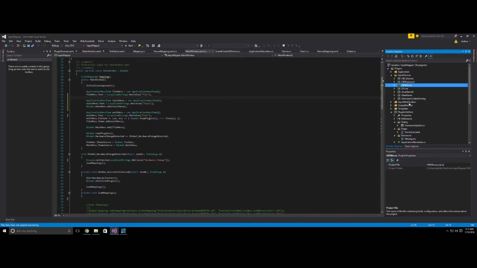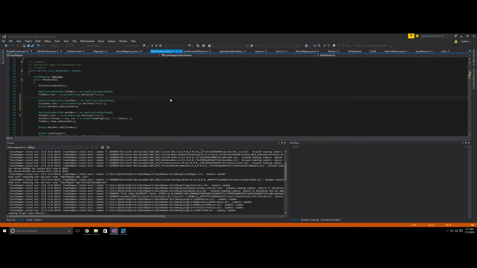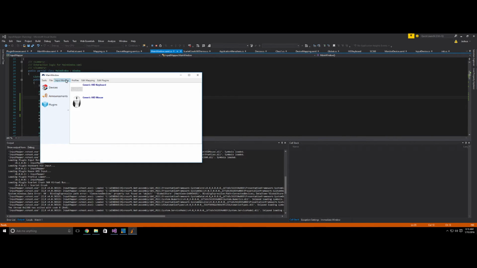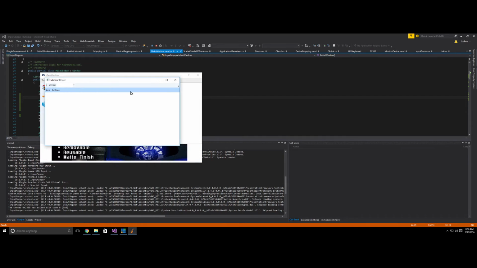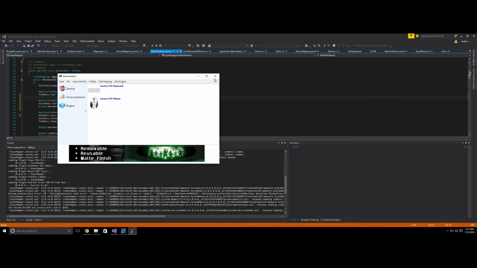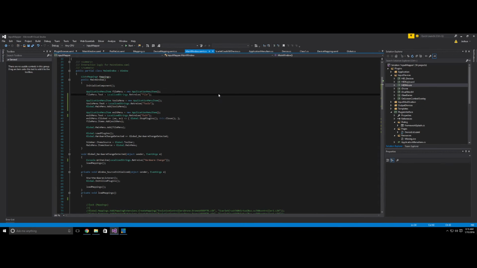Since plugins, both application and device, have access to the global menus of Input Mapper now, both the sidebar and the top menu, you can actually create a menu entry that runs, let me launch this up real quick. You can create a menu entry that either goes up here or on the side, and a couple of these things, the mappings and the input monitor, are actually plugins. They're not part of the program, and that's how they create their menu entries. So what we're going to go ahead and do